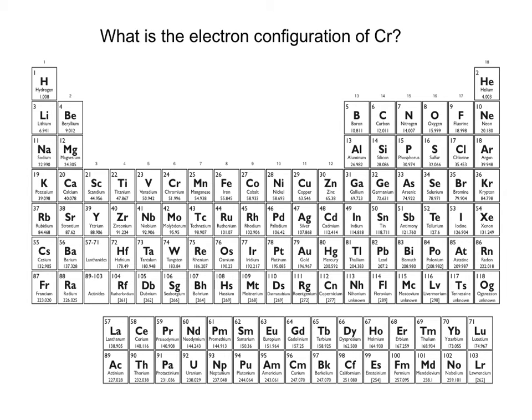Alright, so one more. If we did chromium, we'll see a similar thing happens. So chromium is right here. And so we might expect the electron configuration to be, and just like copper, the d's are sort of one away from being particularly stable. And so they'll do the same thing that copper does. It'll take one of the s electrons and promote it into that d subshell. And so the actual electron configuration for chromium is